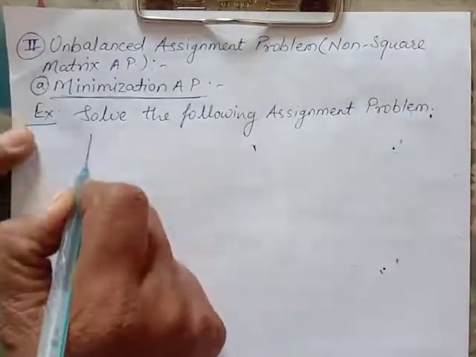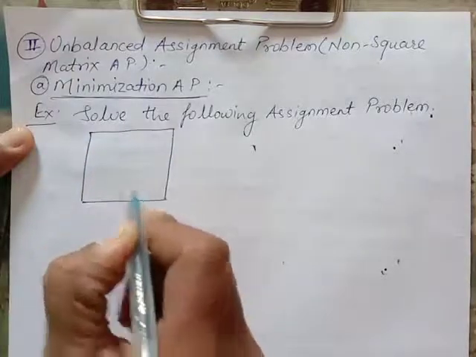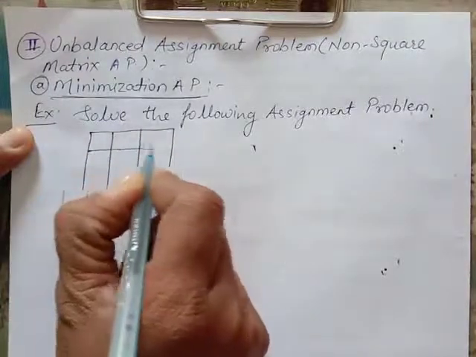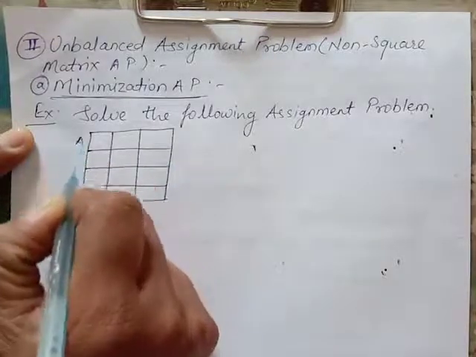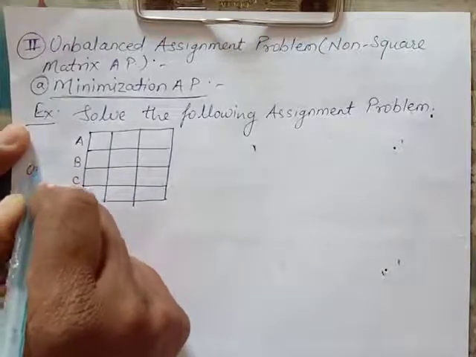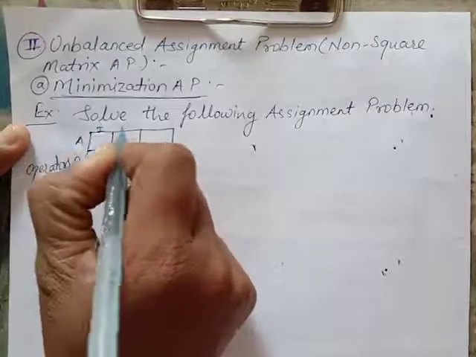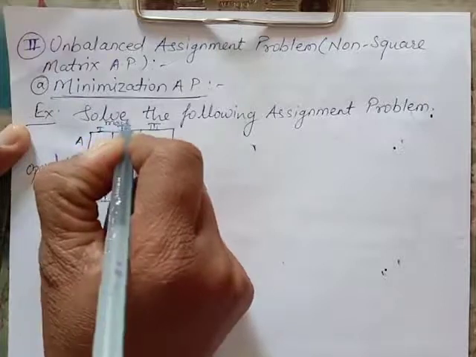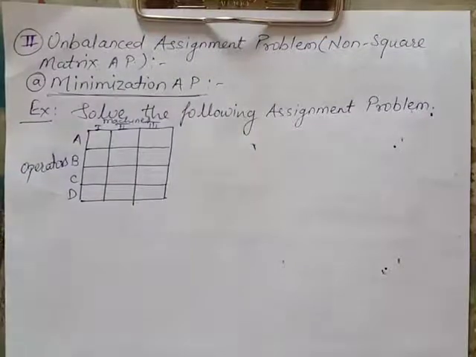The problem is that A, B, C, D are the operators and 1, 2, 3 are the machines. We have to assign these. These are machines. Okay, we have to assign here. The costs are